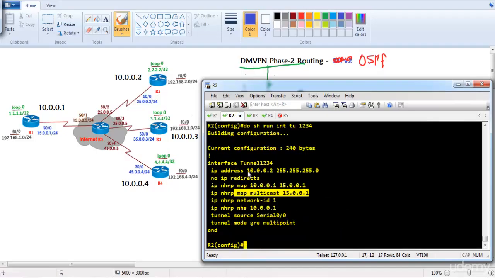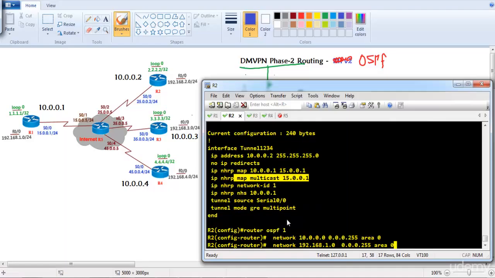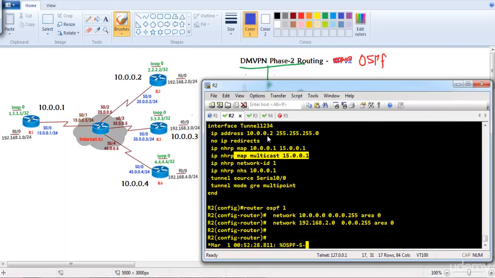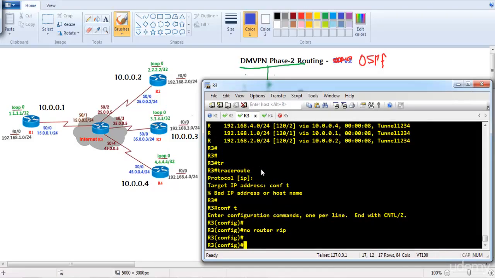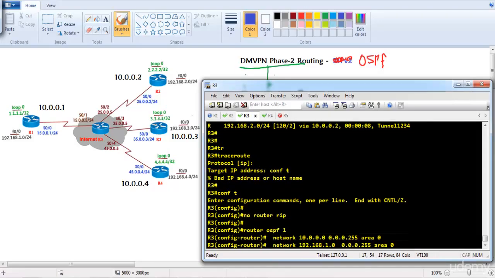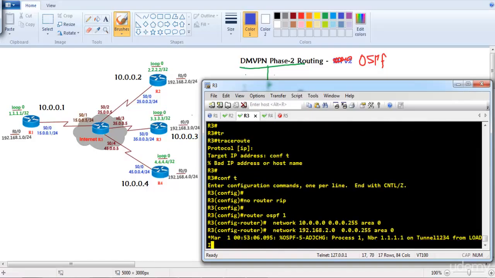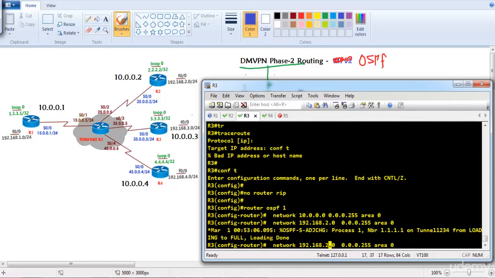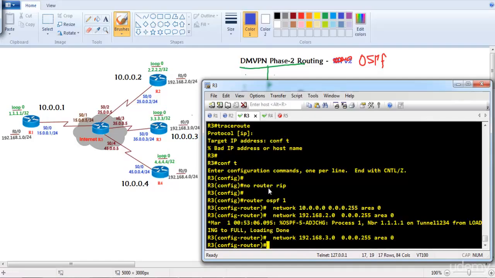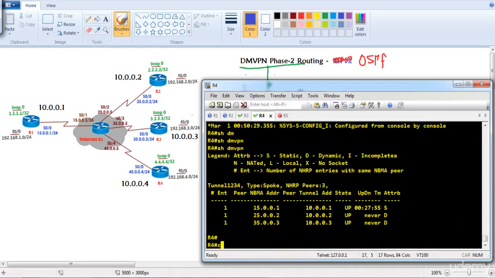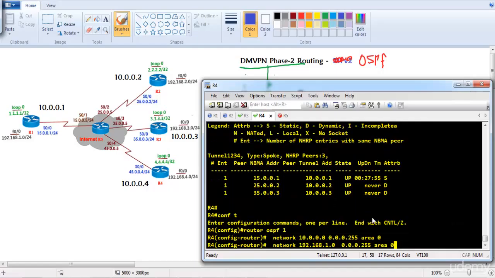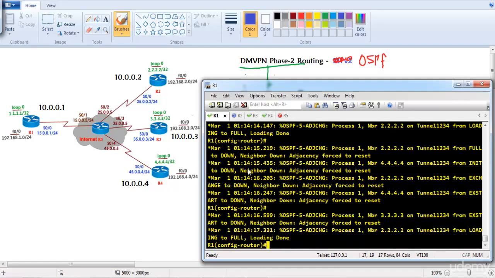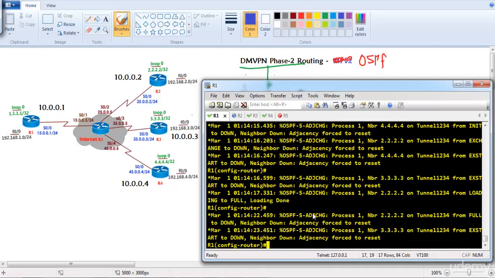On router 2 as well, I'm going to configure the same commands, the only difference being I'll change the LAN interface. On router 3 as well. Now you can see the neighborship is up. On router 1, let's try to advertise the network here. I can see the neighborship is up, but there should be some problem like we had in phase 1. Now if I go and verify on router 1,